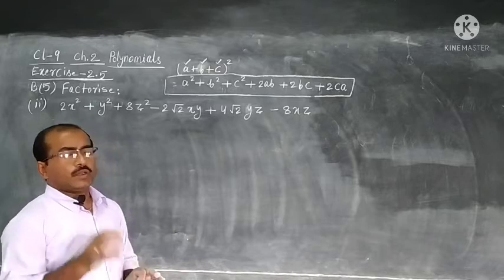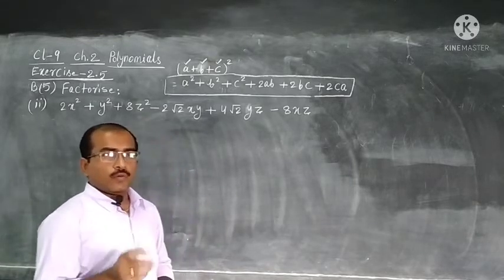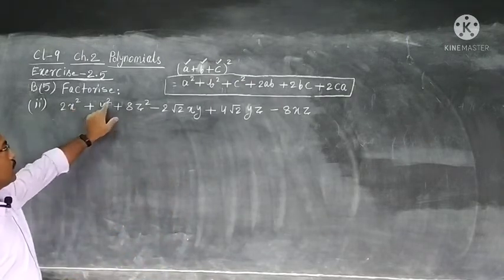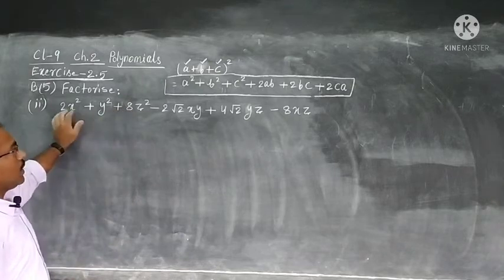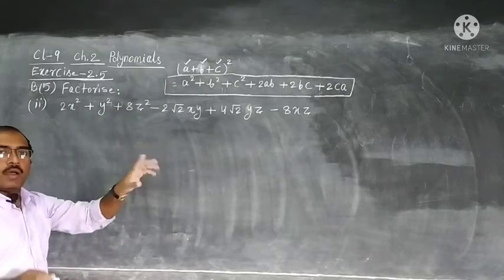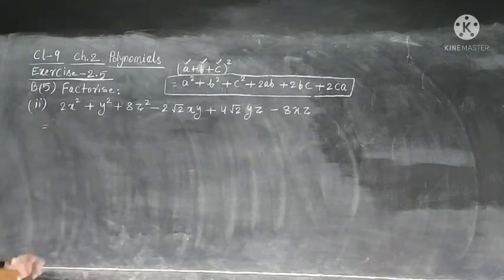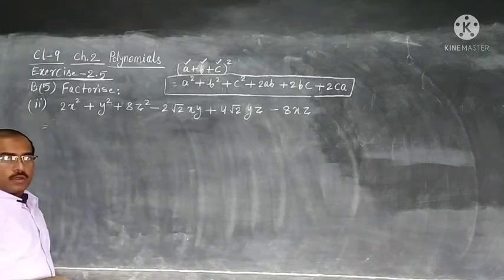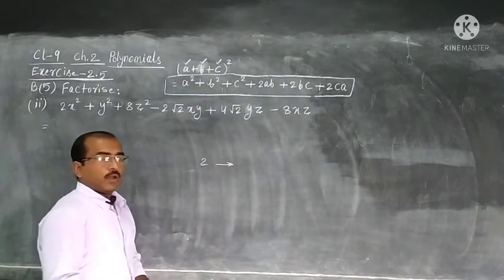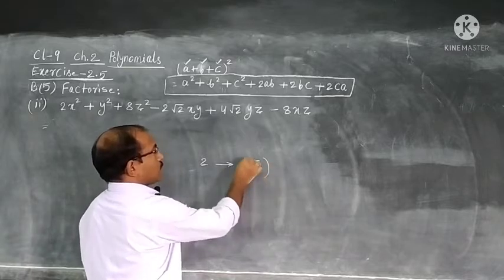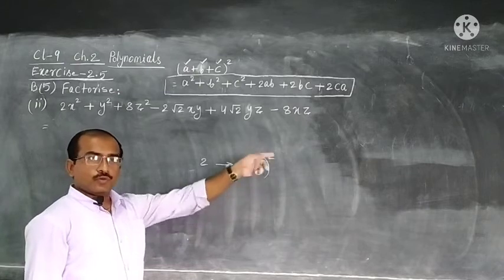First one is what? We need to know A, B and C, that 3 terms, first, second and third term. How? We will look at where the square terms are, the perfect square form. These 3 only will give us A, B, C. We have to arrange in a square form. So, the problem is this 2; 2 is a non-perfect square number. Any non-perfect square number, how can we write in square form? We will put root on that and a square. 2 is equal to root 2 square.